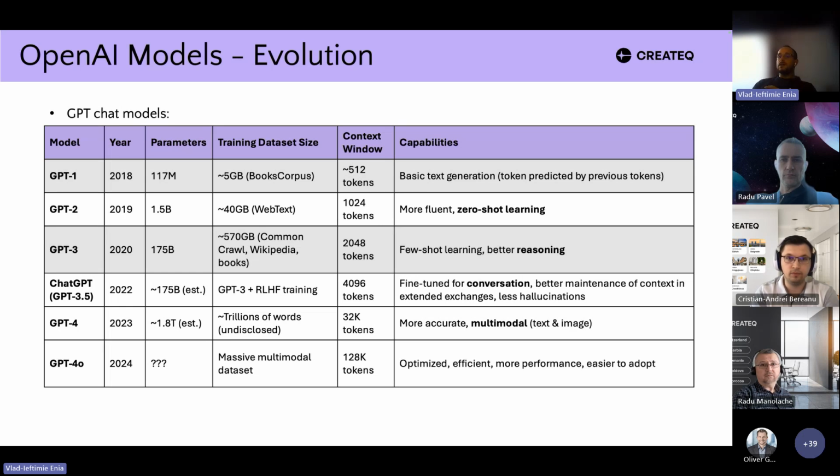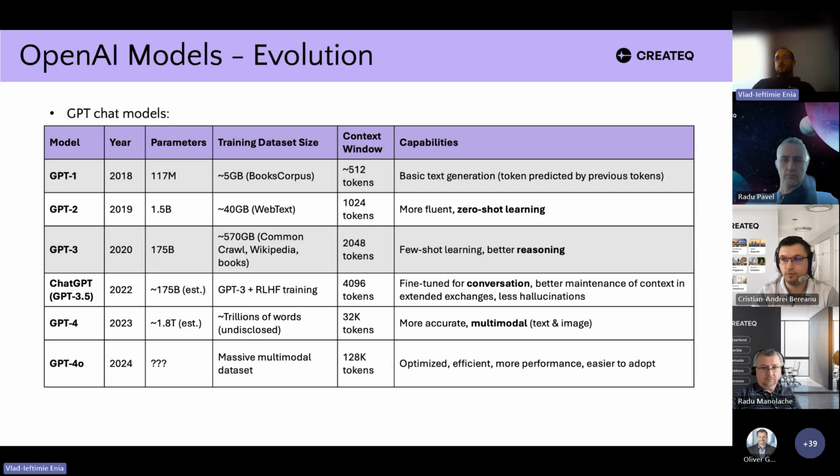Reinforcement learning is basically a type of unsupervised training that is done by rewards. So the network gives an output, and then it is evaluated by a reward, either positive or negative, and the network learns by that. So GPT 3.5 or ChatGPT was more fine-tuned because it introduced the human factor in training, and it also reduced hallucination and added support for more languages.